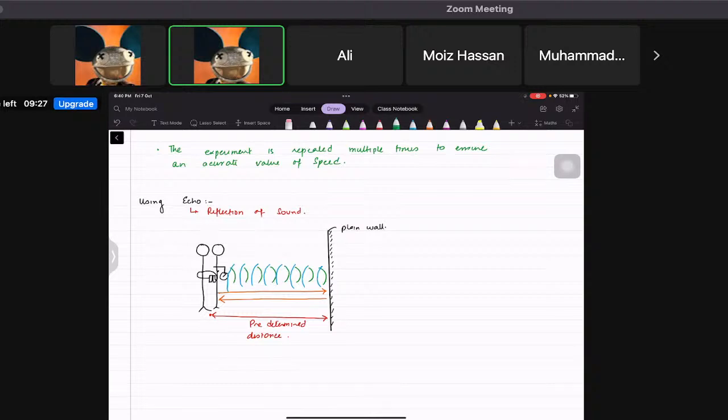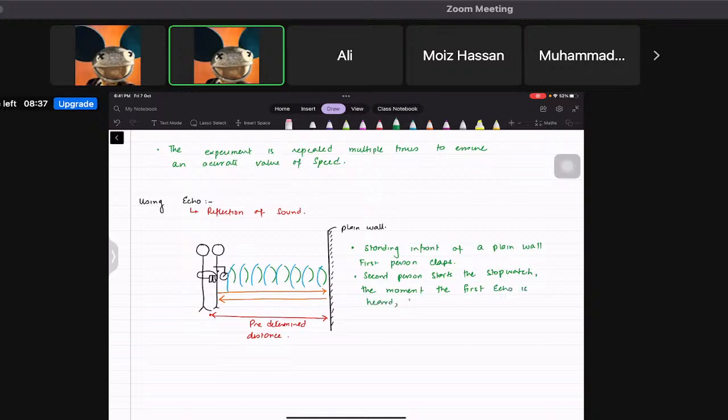So we can say, standing in front of a plain wall, the first person claps, the second person starts the stopwatch. What happens then is, the moment the echo, in fact, let's write the first echo, is heard, he then stops the stopwatch, using